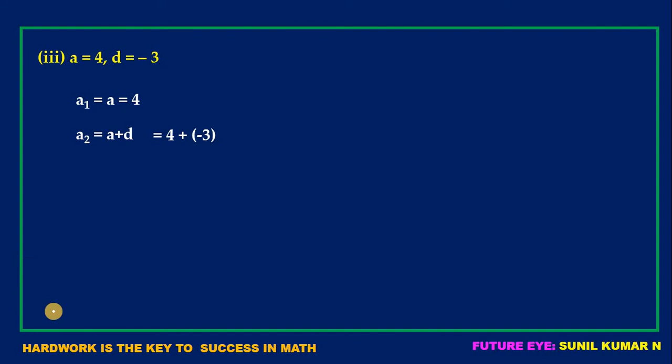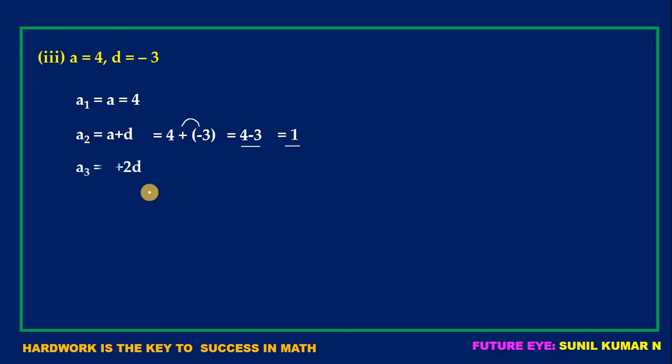How have I written this? Look here. See, this plus I have written as it is. But the D value is minus 3. Hence, you want to write that minus 3 inside the bracket. That is a very important thing you want to observe and you must learn. Now multiply the signs. Plus into minus is minus 3. So we get 4 minus 3. It gives the answer 1.